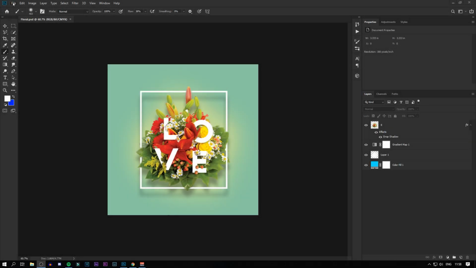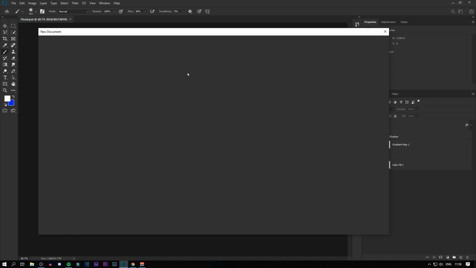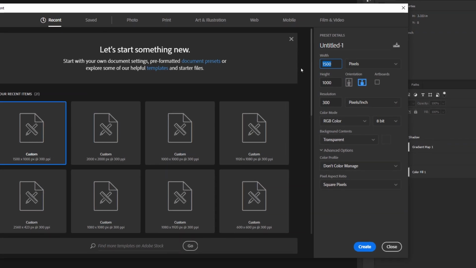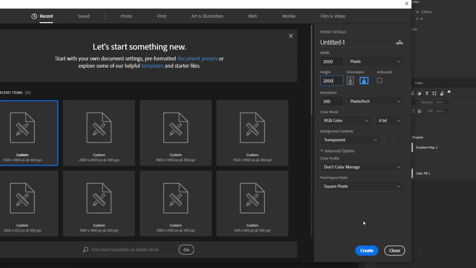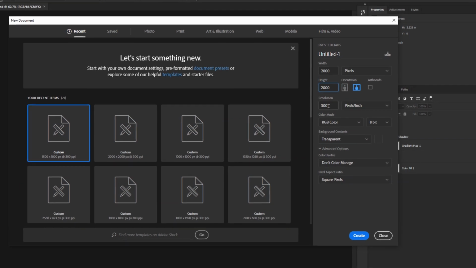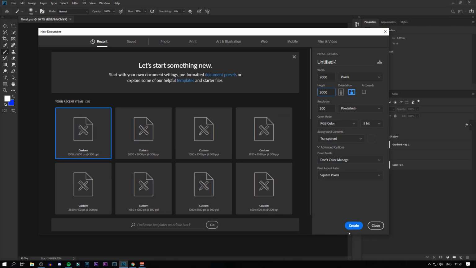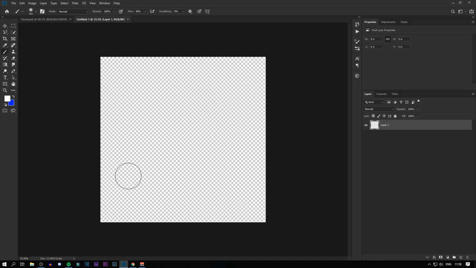So what you have to do is go into File, New, and for this one I'm going to be doing 2000 by 2000. And the resolution is going to be 300, and create. So you have this